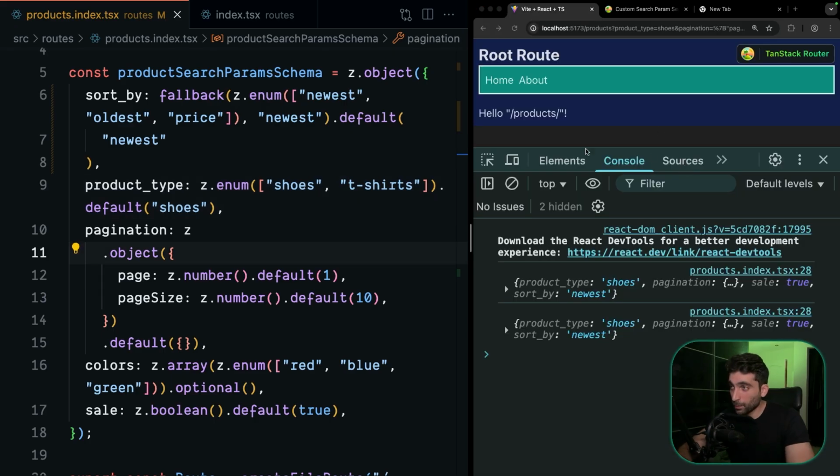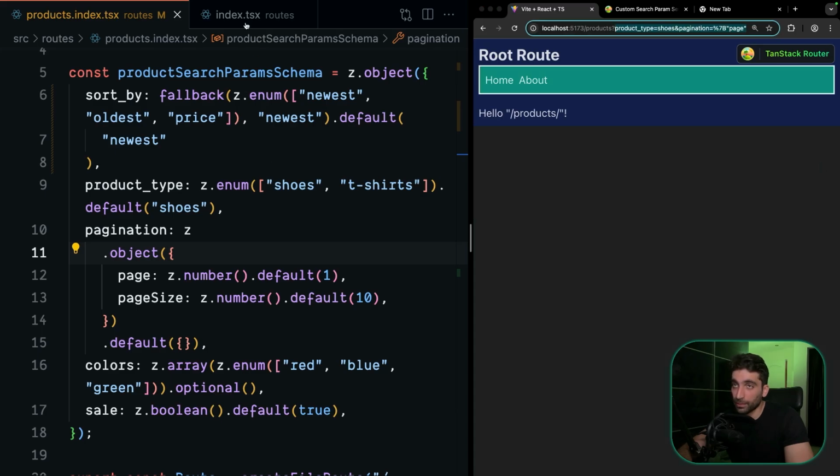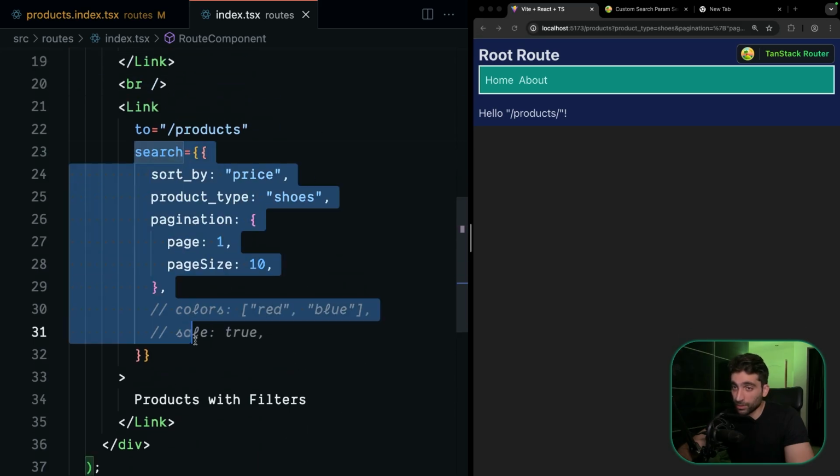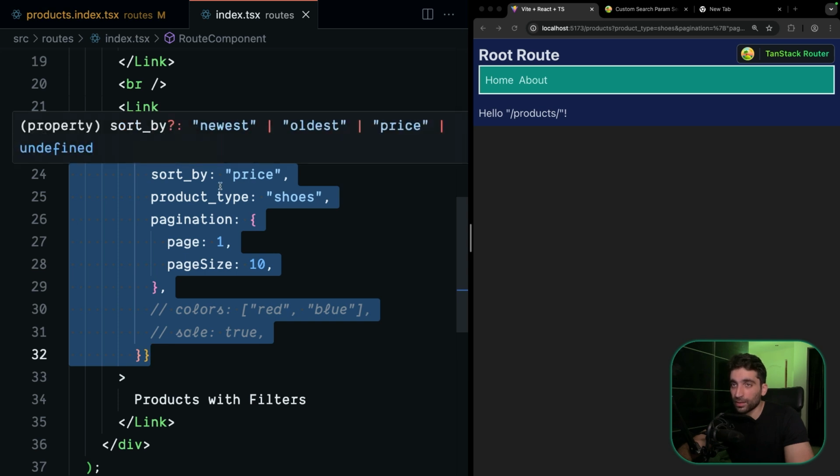But now something that you are probably going to have in your application when you have a lot of search parameters is you're probably going to have a component where you are going to be able to change your filters or allow users to change the filters. And in this case, you're going to need to somehow update certain search parameters while maintaining the existing search parameters. We've already seen how to do that with URL parameters by passing a function to the params prop here instead of just an object. We can do the same with search parameters as well. We can pass a function where you are going to receive your previous search parameters